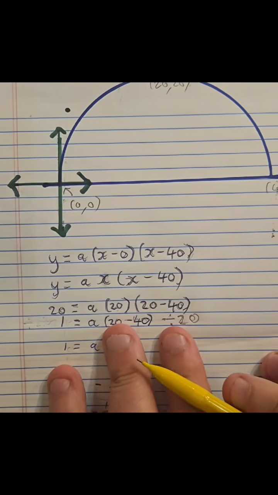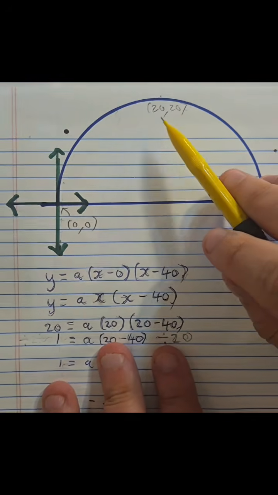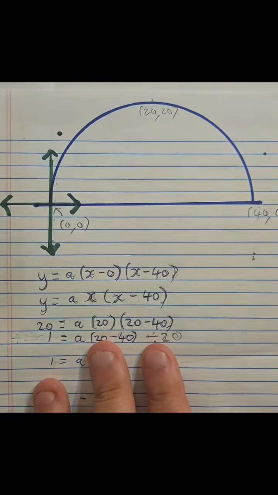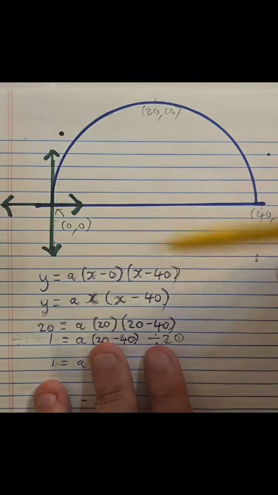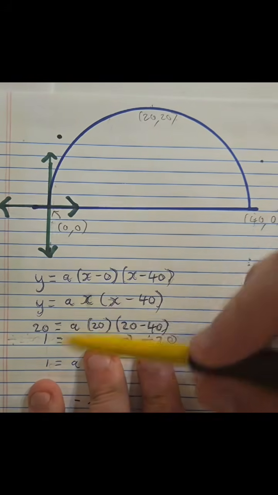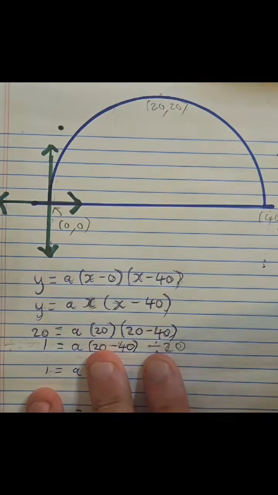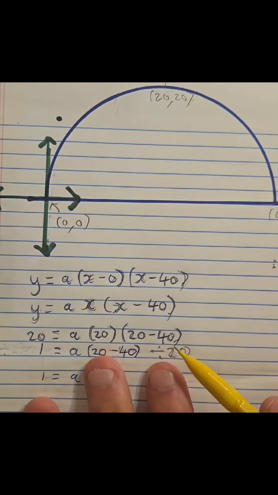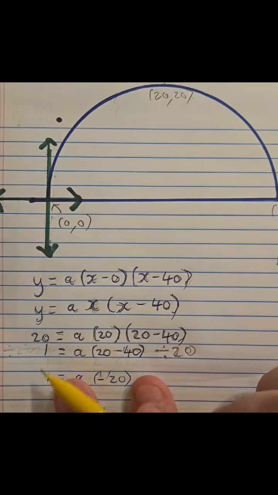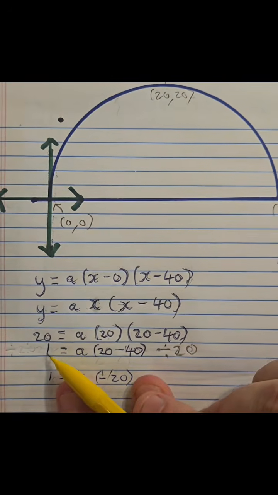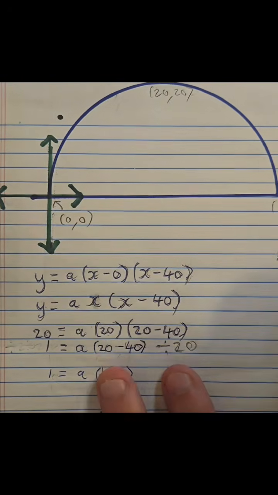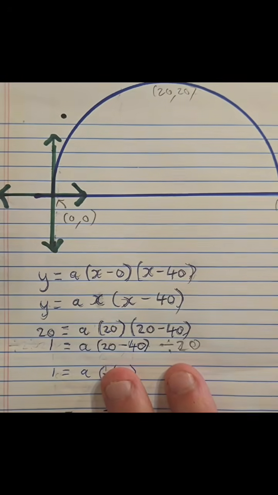And I find a point on the parabola, it's this point up there. If x is 20, y is 20, I plug that in to solve for that a. I rewrite the equation, I replace every x with a 20, and I replace that y with a 20. And now we simplify. One way of simplifying, there's lots of ways. I divided each side by 20. If these are being multiplied, I divide by 20. This bracket simply disappears. It's 20 times smaller.